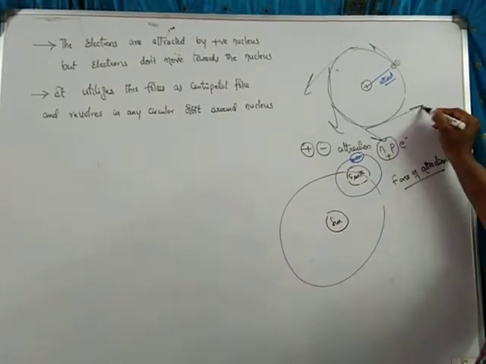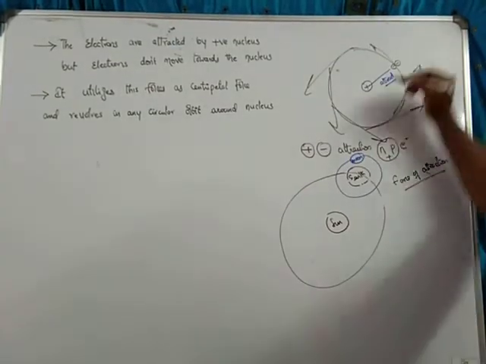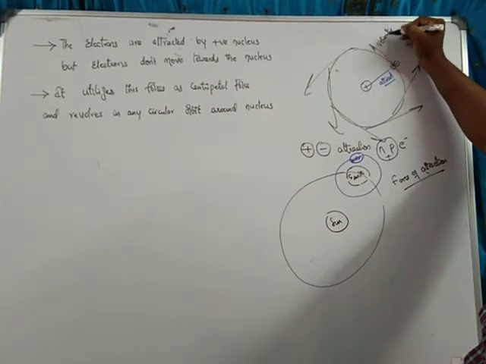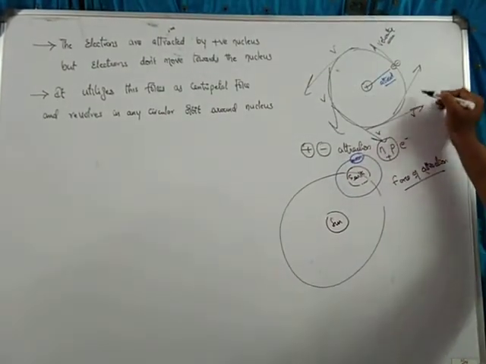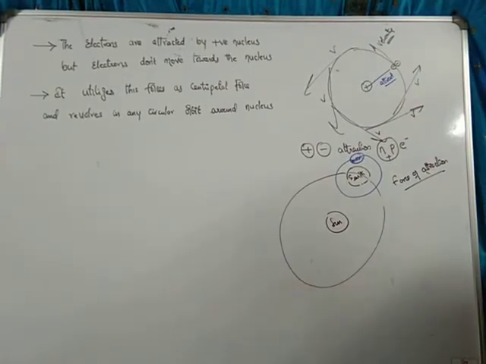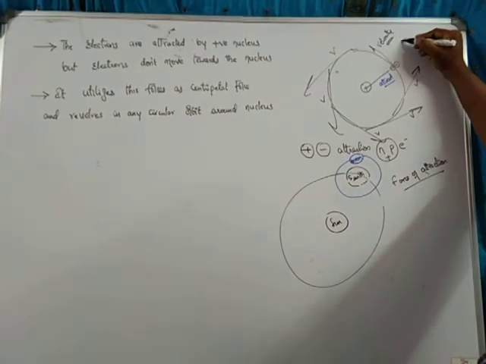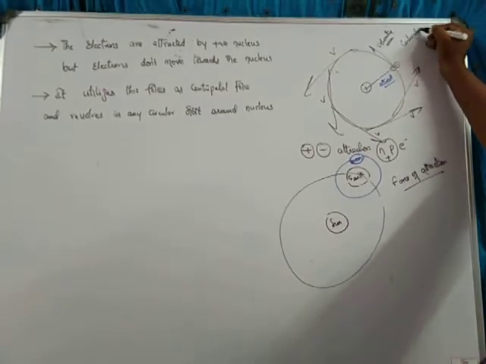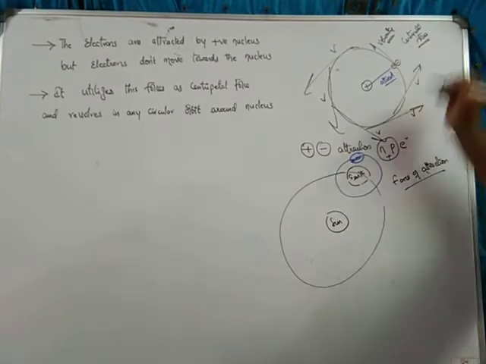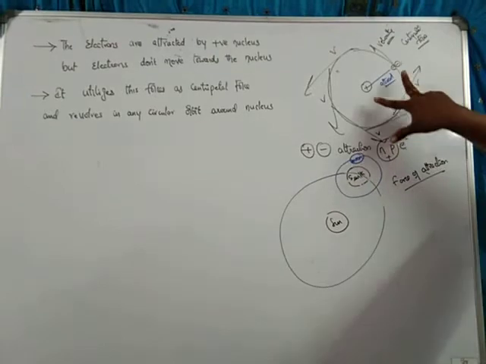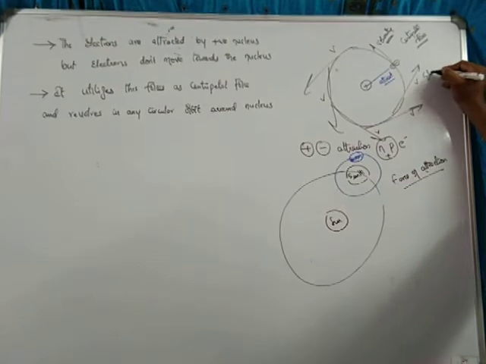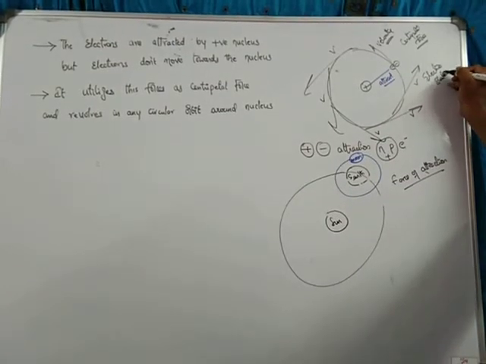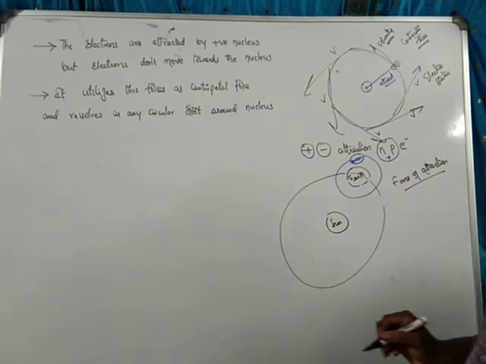So already we know there is a tangential force. It means it has a particular velocity in a particular direction. Due to this velocity, it generates some force called centripetal force. And between a positive charge and a negative charge, Coulomb's law acts, and there we get the electrostatic force. So both will be of equal strength.